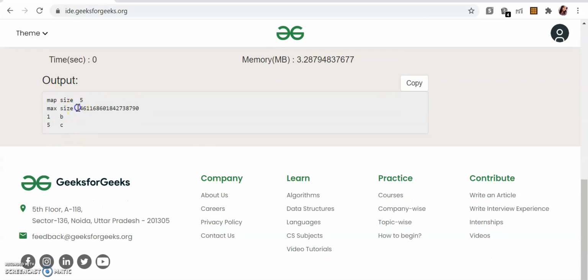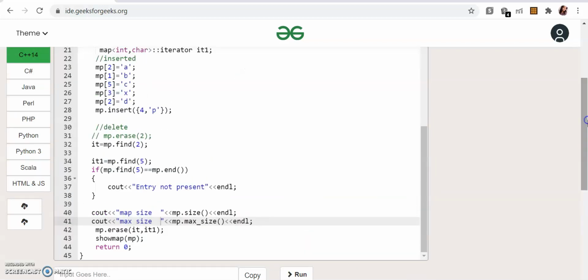See, the max size is this much, so you can add that many elements, and the size comes up to be 5. We are deleting afterwards, that's why it is coming out to be 5. If you do it after the delete operation, it will shrink.